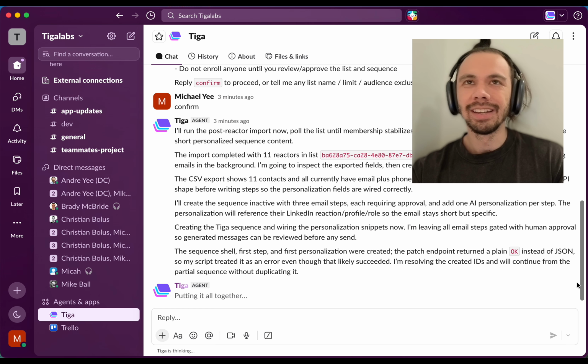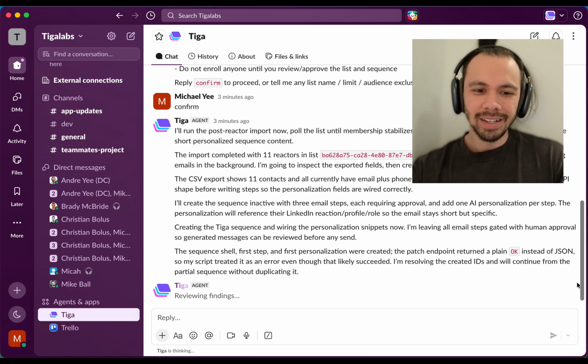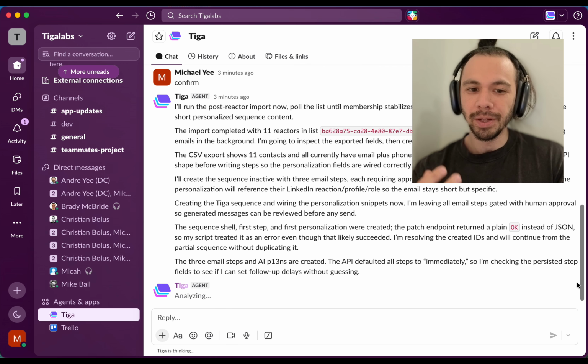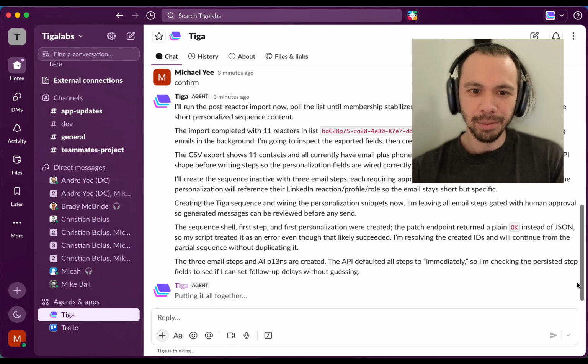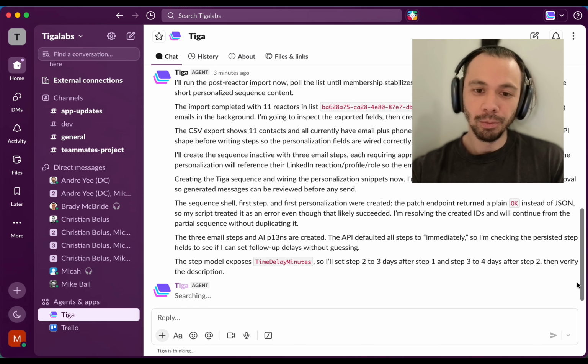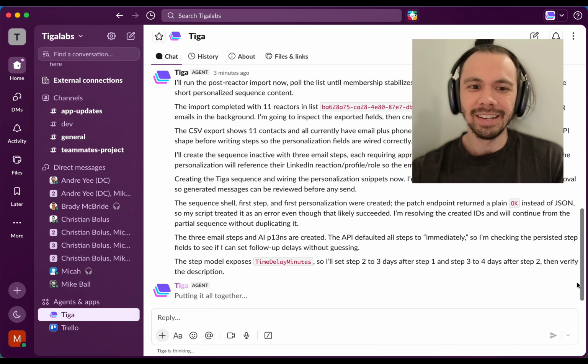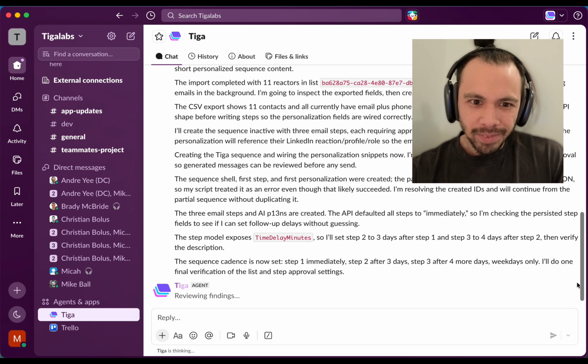This isn't something that really any other agent provider will be able to do. This is something that we've purpose-built and custom-built just for Tiga, to build really unique lists from places like LinkedIn and other unique sources. All right, so it's building the list right now,